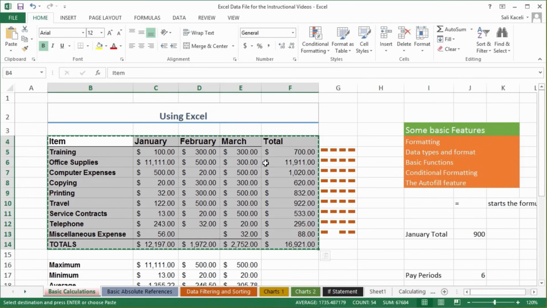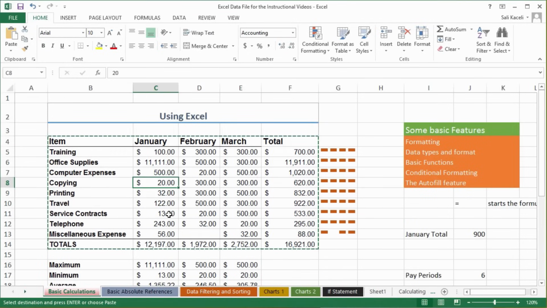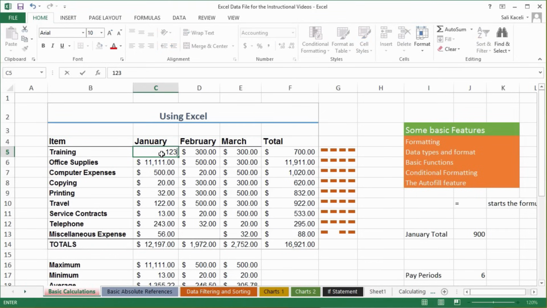Now a month has passed by, or whatever time has passed by, and notice my, let's say, training expense for January in the previous report was $100 before. Now I'm going to make it $123. Now if I go to my document, save it,